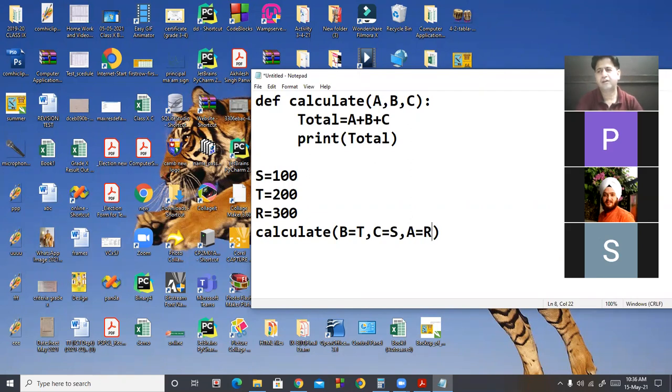So this is called keyword arguments or named arguments. So now positions are not required. The formal parameter takes the value according to the name, according to the value provided.